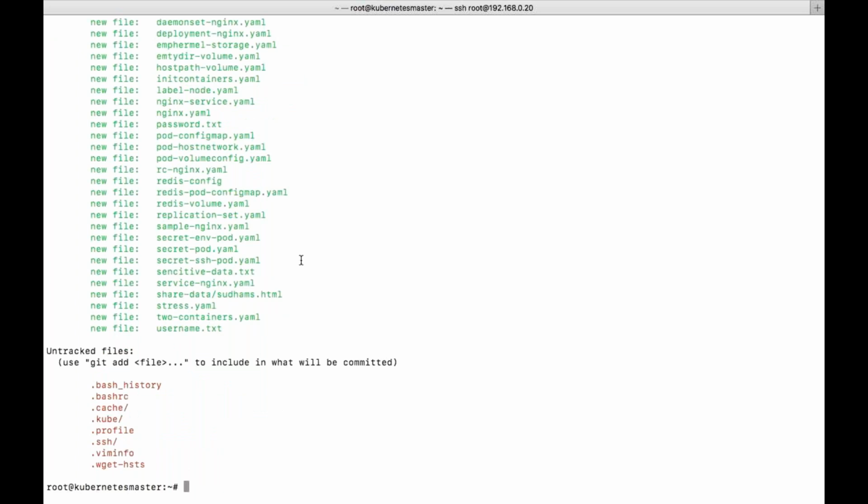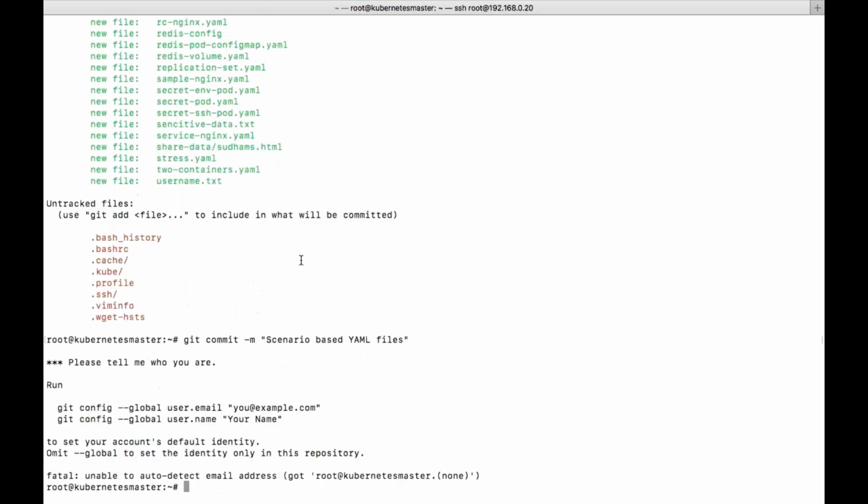Now git commit with the message YAML files, and then enter.